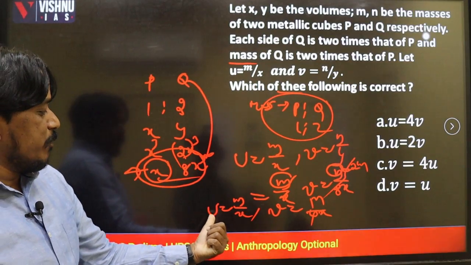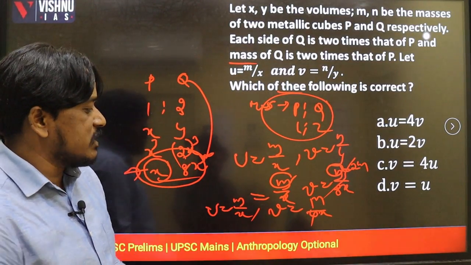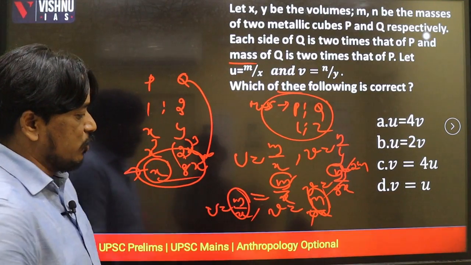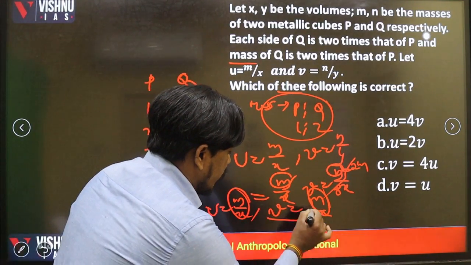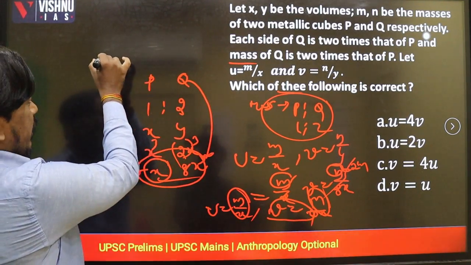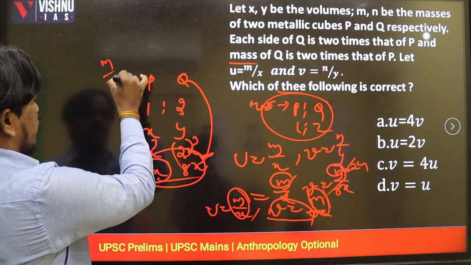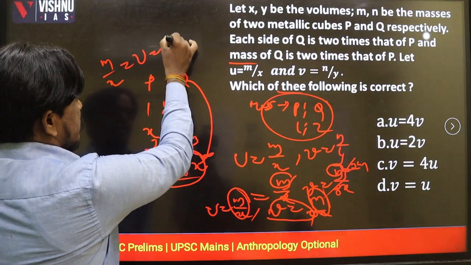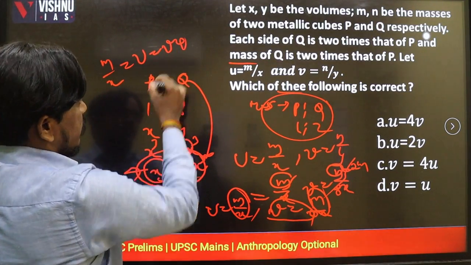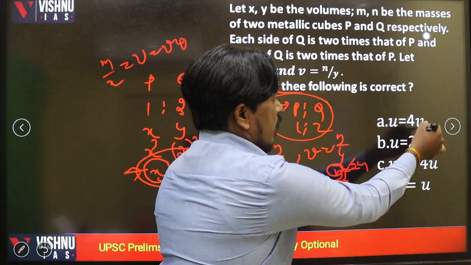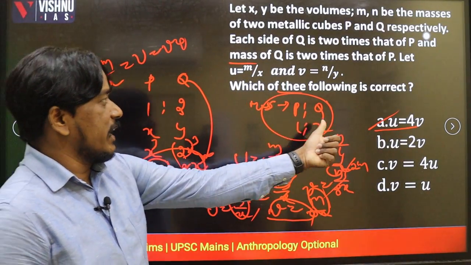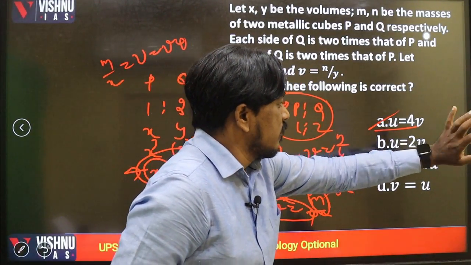So if you observe here particularly u is equal to m by x, you can make m by x is equal to what? M by x is equal to, here we are getting u, here 4v. So finally m by x is equal to, we are getting one time is u and another one is 4v. Clear? So 4v. Just if you observe, option 1 is e is equal to 4v. So this is the correct according to the given data.